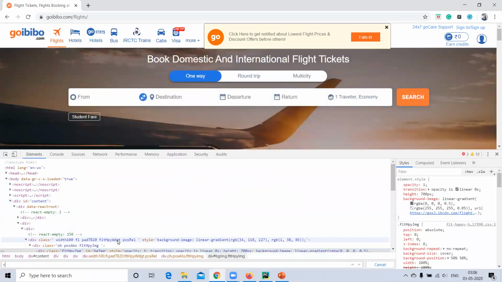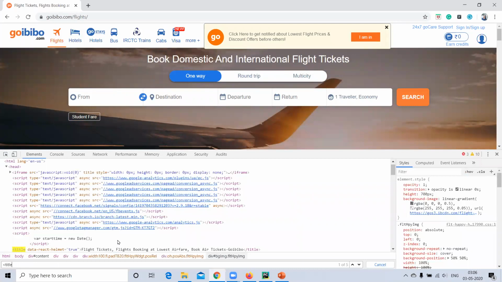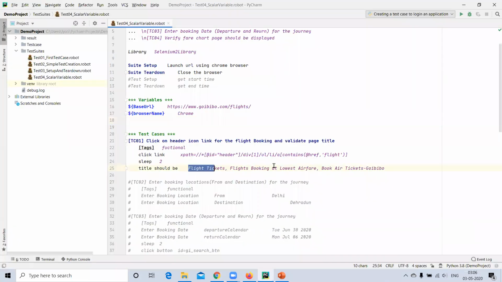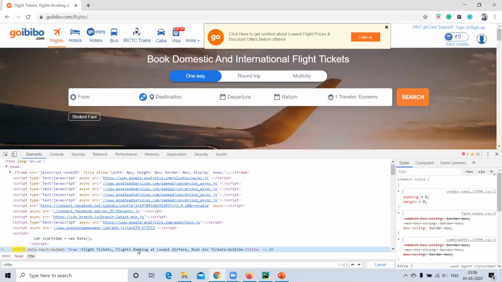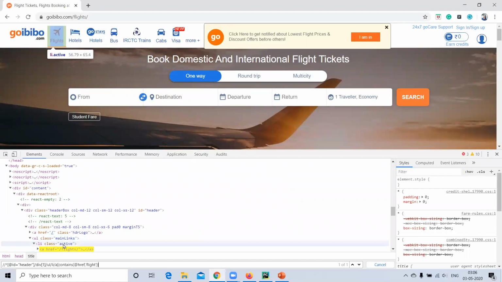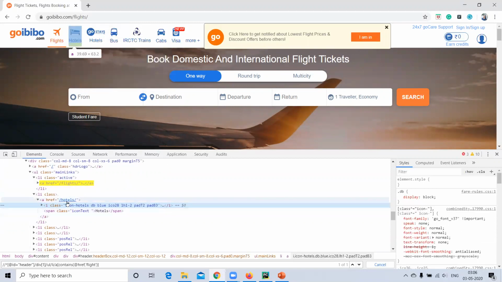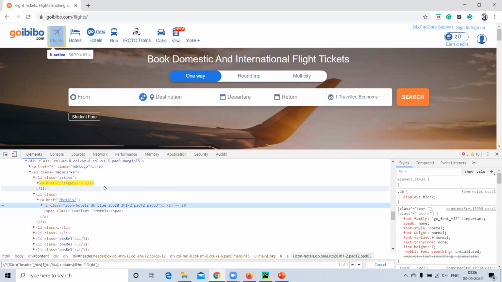So we can search for this title. So this is the title. Here, guys, I'm going to pass the title name like this and the XPath for the flight like this. So this is the hyperlink for the flight. Further, if we want to click on hotels or something else, we will provide the hyperlink for hotels. Let me show you. This is the hyperlink for hotels. So I will show you how we can implement the same scenario for hotels.